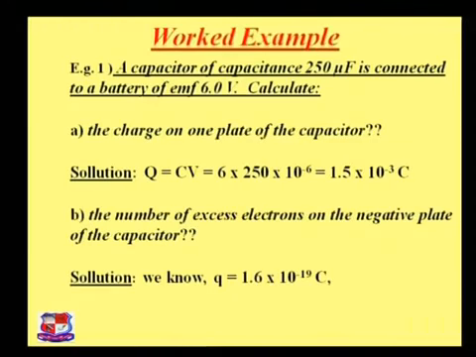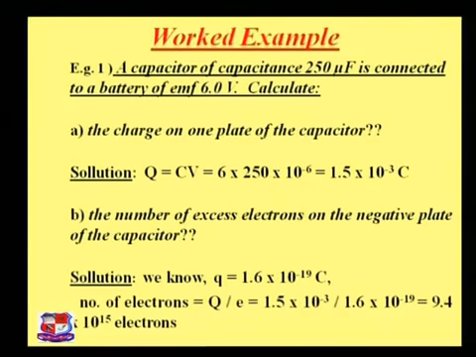Now the next part is the number of excess electrons on the negative plate of the capacitor. As we already know, the charge of one electron, small q, equals 1.6 into 10⁻¹⁹ coulomb. If we divide the total charge, 1.5 into 10⁻³ coulomb, by the charge of one electron, we can find the total number of excess electrons on the negative plate, and this is 1.5 into 10